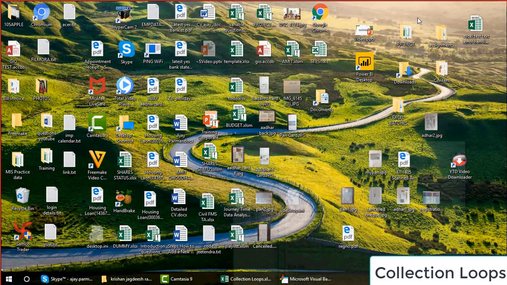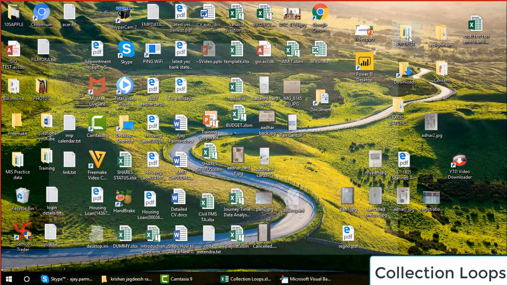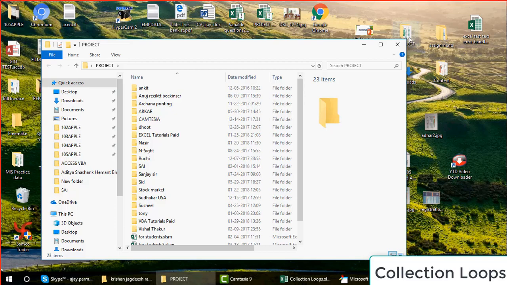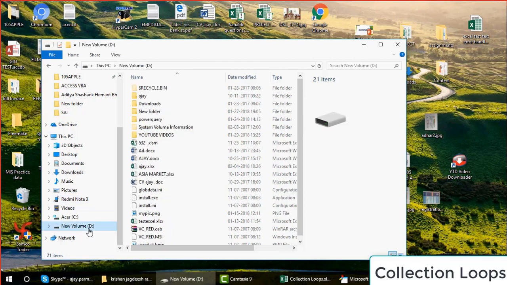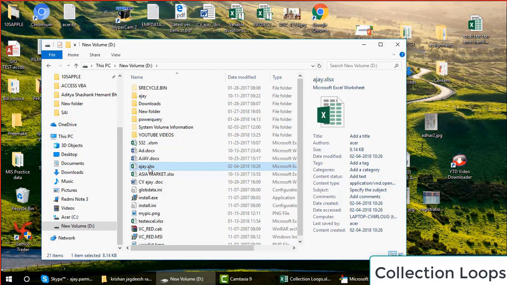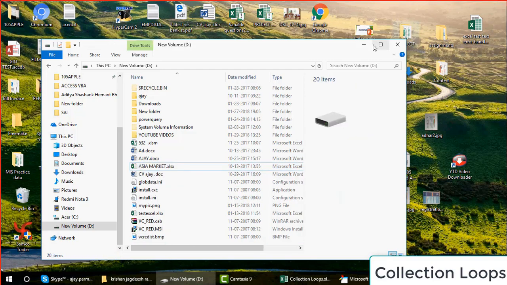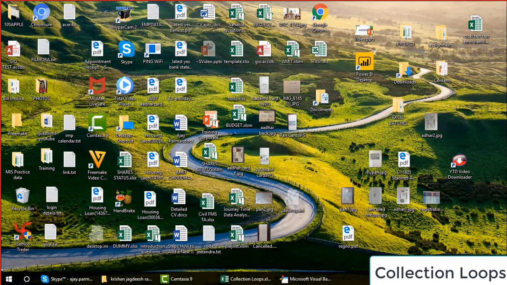If I go to my D drive, we should be able to see this. So I take you to my D drive. You should be able to see that file there. So this is the file which is created on 4th of February 2018, 10:26 AM, right? That's how it is. So these are the important commands, guys.